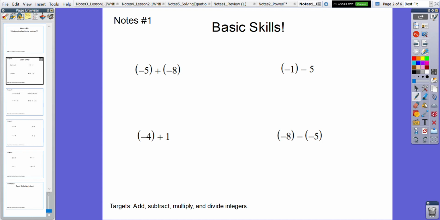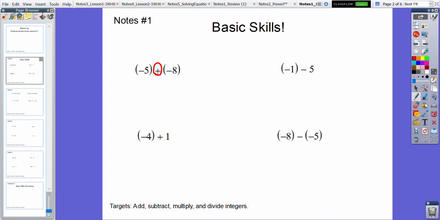Okay, so an integer is basically any number you see on a number line, positive or negative, like we've seen in probably multiple classrooms. We want to make sure we understand how to do this, okay? And everything really hinges on, if I'm being completely honest with you, having a plus sign between here, okay? Now with -5 plus -8, when they have the same sign, okay, same sign, we just go